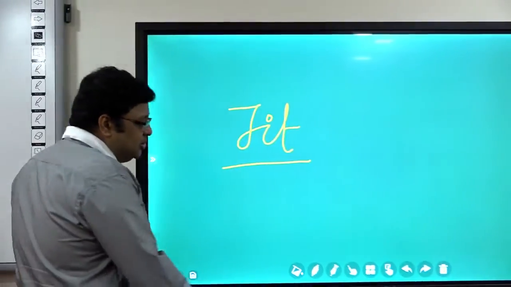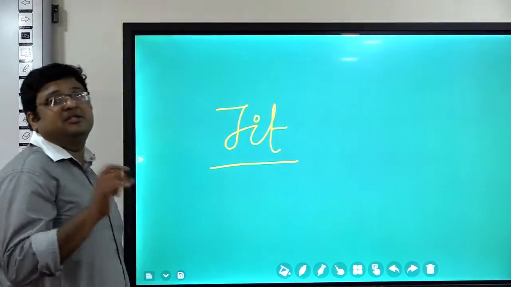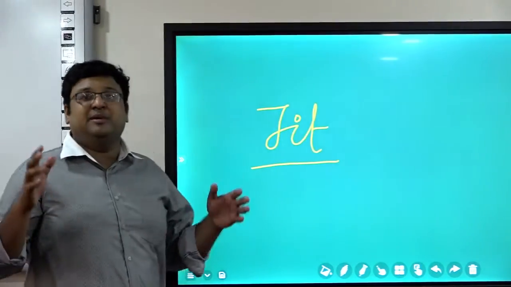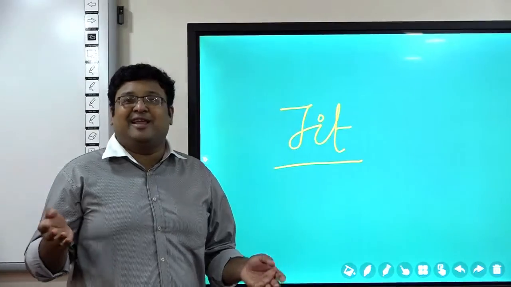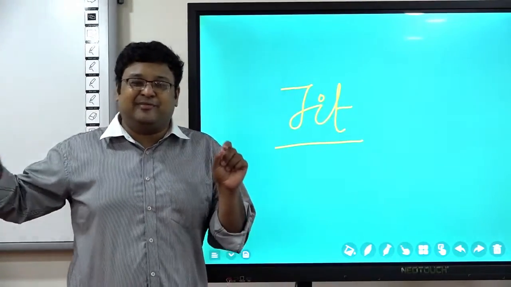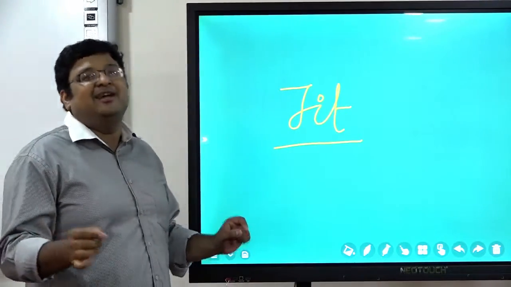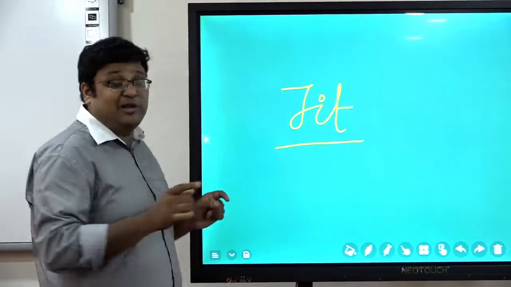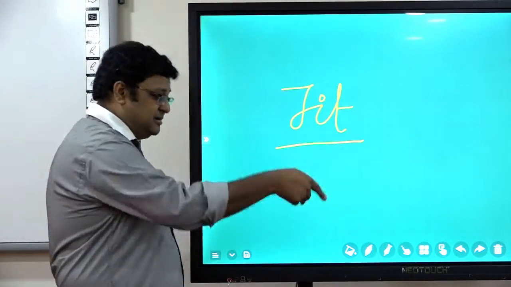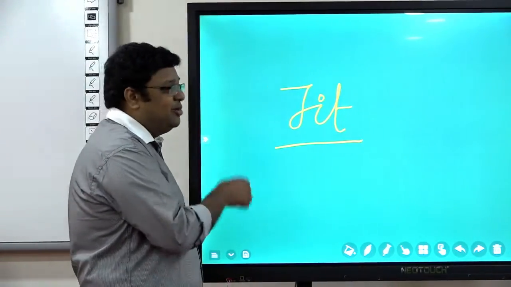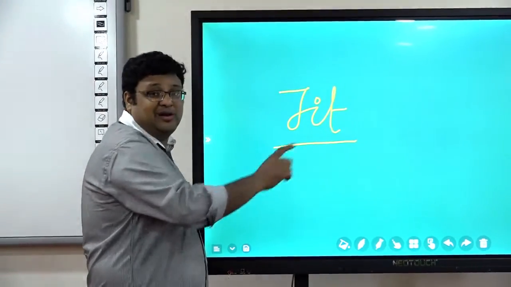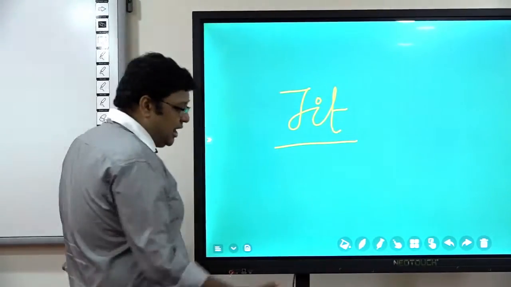Now, if you want to use multiple persons to write, suppose you want to be the virus of 3 Idiots, you can see that the virus can write with both hands. If you want to write with multiple fingers, or if you want to write with both hands, or if you want two students to stand together here to do some board work, and those two will write together on two different sides, you can do that. How? I will show you.